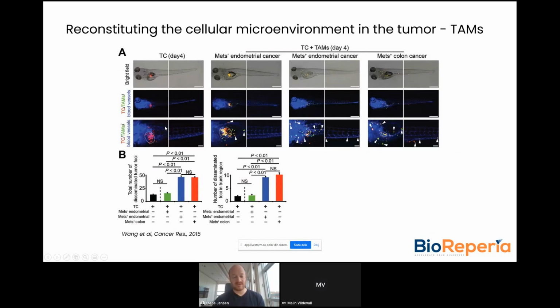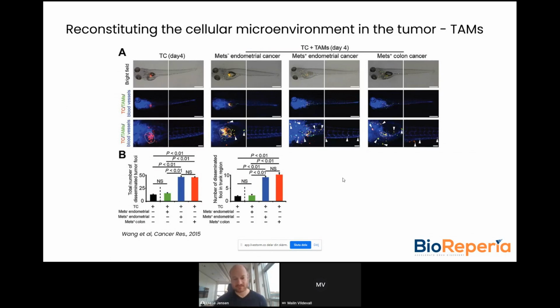changed the metastatic phenotype of these otherwise non-invasive tumor cells into a highly invasive tumor, both locally and also a tumor that seeded distal metastasis to a much higher extent than without TAMs or with TAMs from a metastasis negative patient. So this demonstrates that these critical aspects of the tumor microenvironment can really turn tumors from a non-invasive to